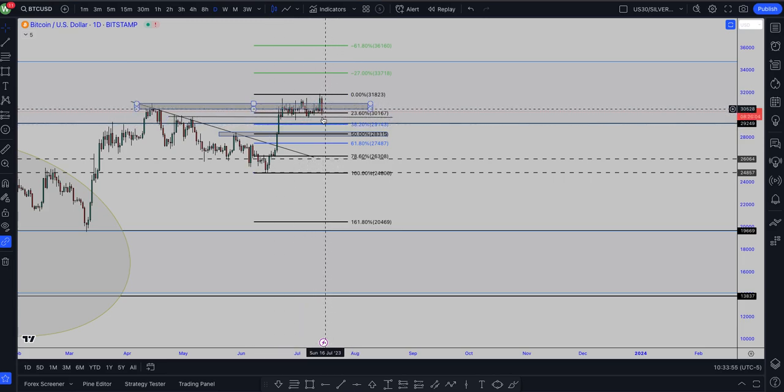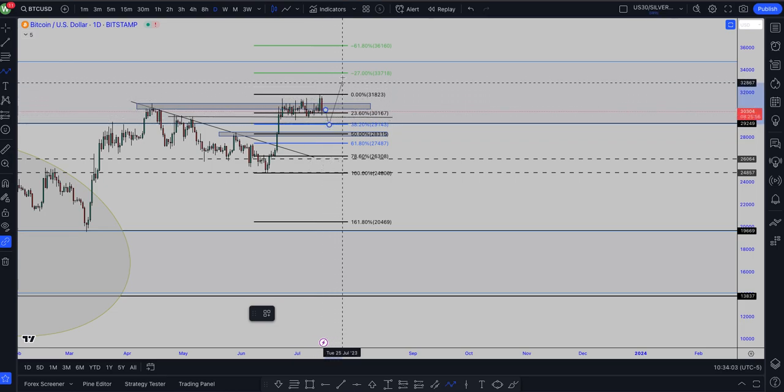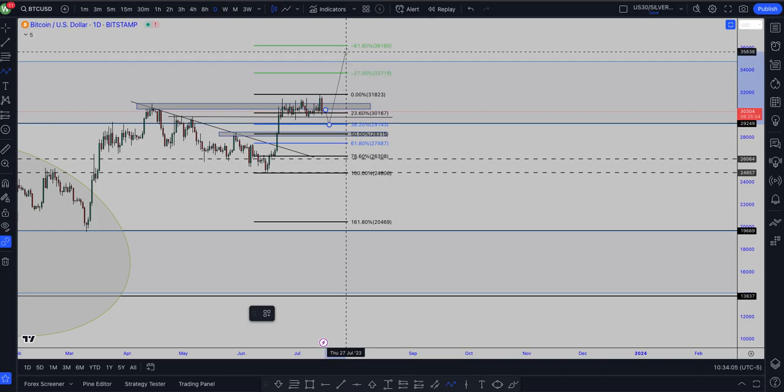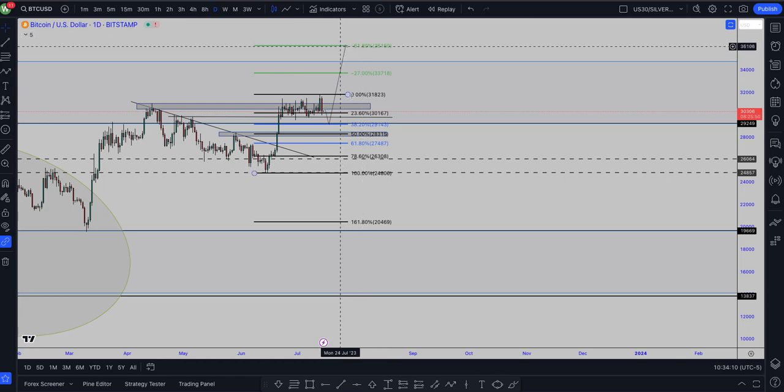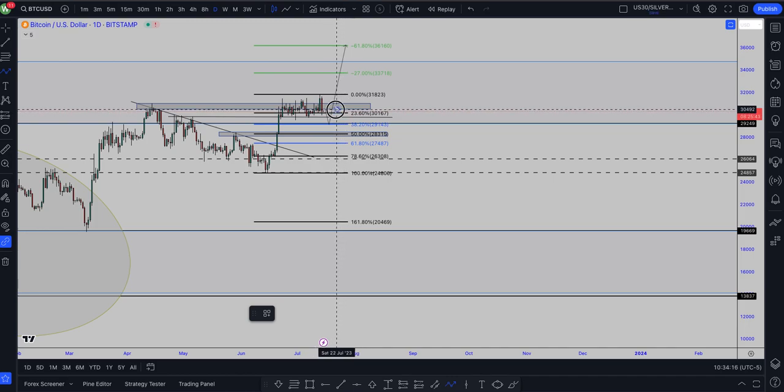So if the market comes into this zone, so this is a potential move. If the market comes into this zone like this, we can see this happen. And we can potentially see a breakout of this zone, right? And that can be logical. This can make more sense. Or we can see the market still dip a little bit into the 50 area of the Fibonacci, which also supports